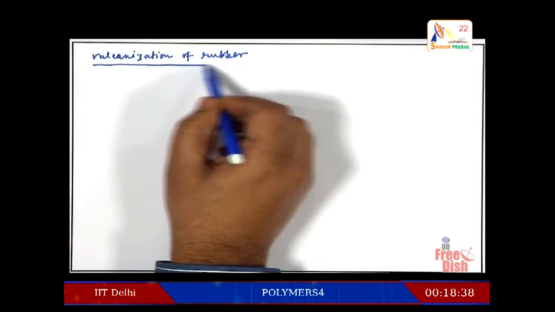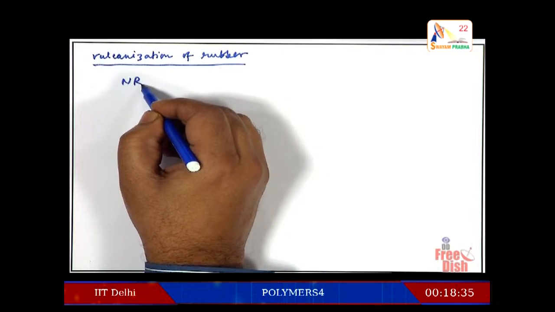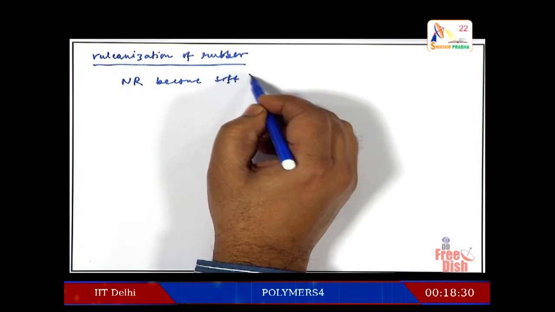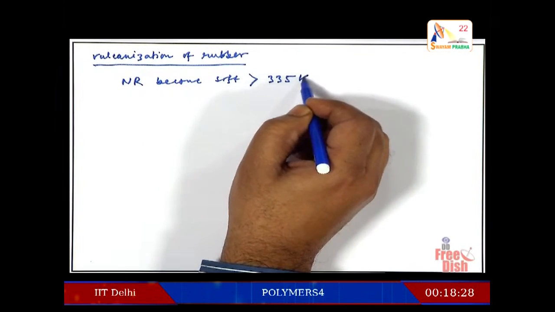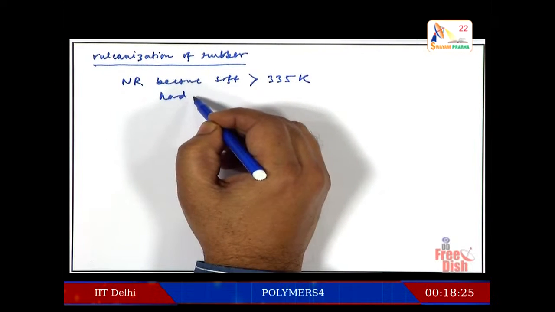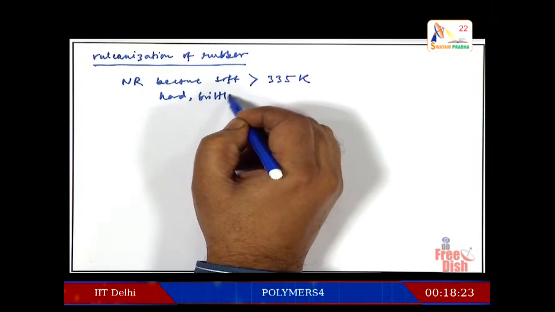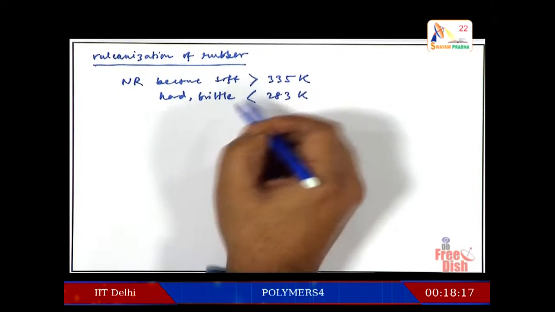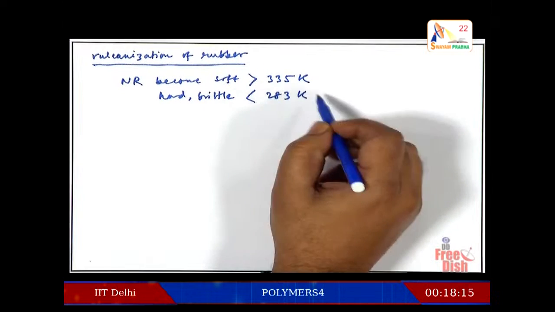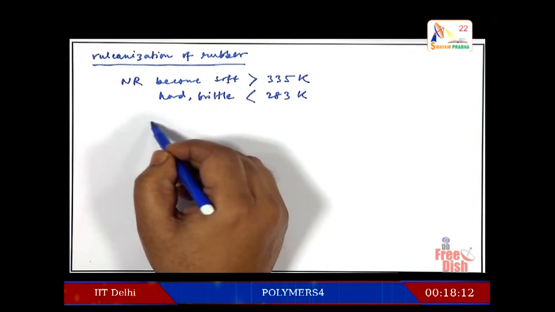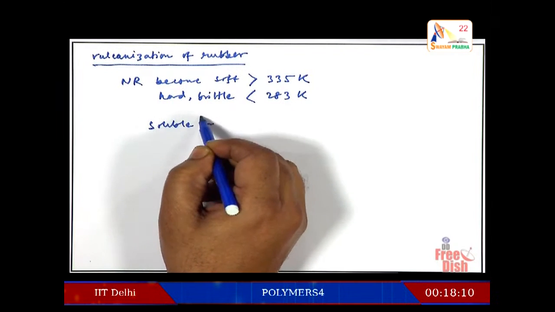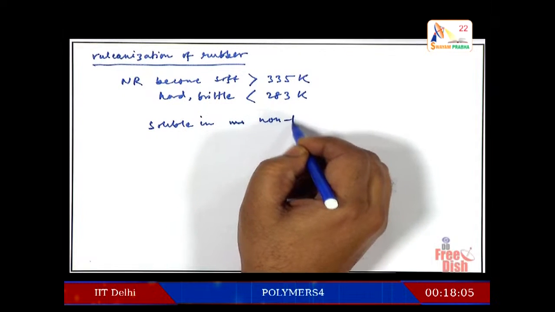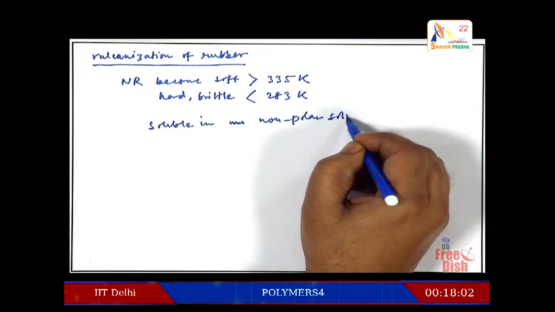Now, why do we require vulcanization of rubber? This natural rubber becomes soft, as I mentioned, soft and sticky at greater than 335 K. It becomes hard and brittle at less than 283 K, and this limits their application. At low temperature it also has high water absorption capacity, and it is soluble in nonpolar solvents,